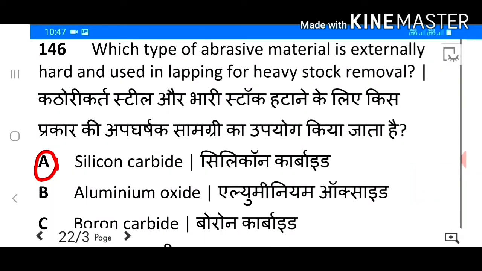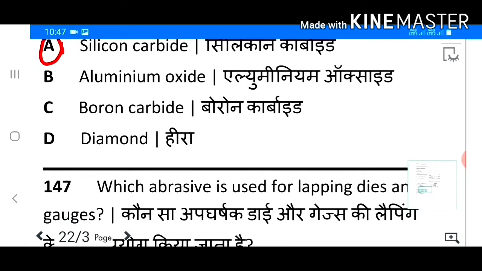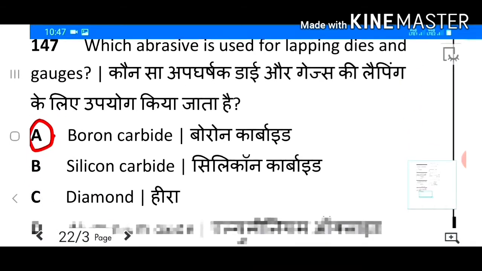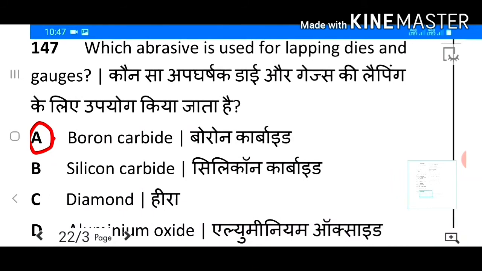146. Which type of abrasive material is extremely hard and used in lapping for heavy stock removal? Answer A. Silicon carbide. 147. Which abrasive is used for lapping dies and gauges?